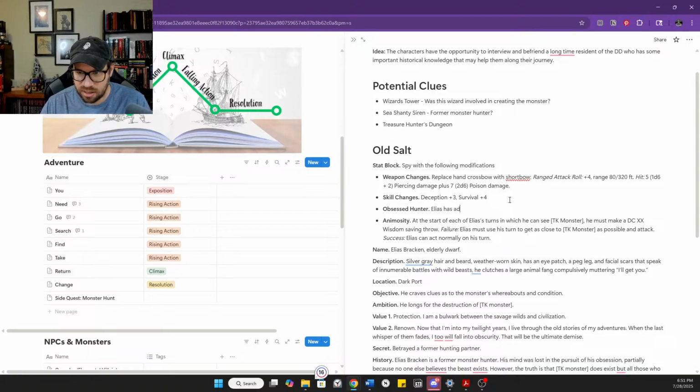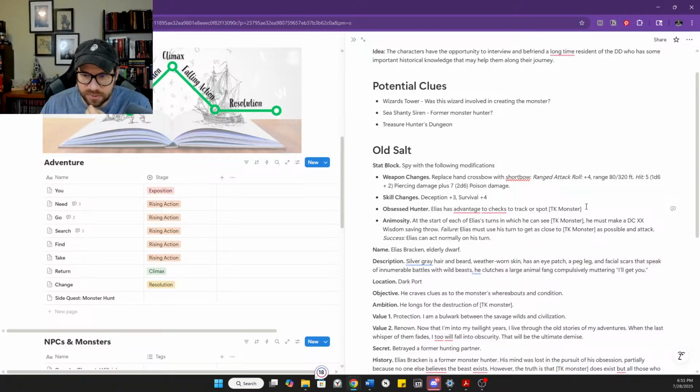Elias has advantage to wisdom. We should say Elias has advantage to all checks, or I should say to checks to track or spot the monster. Then that gives us a little more wiggle room in that.